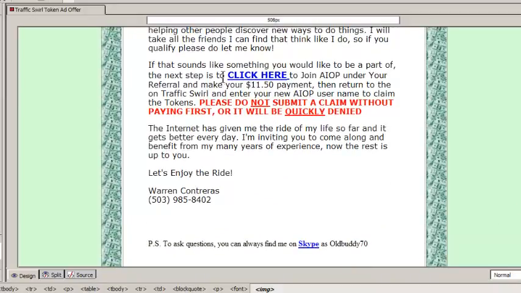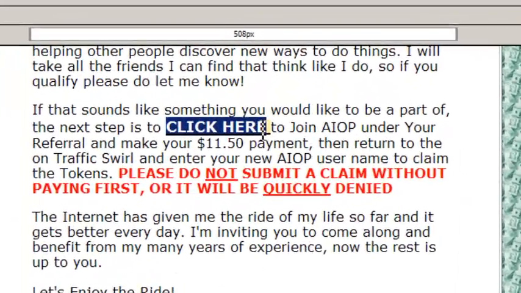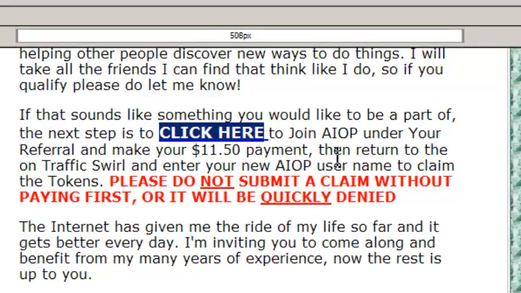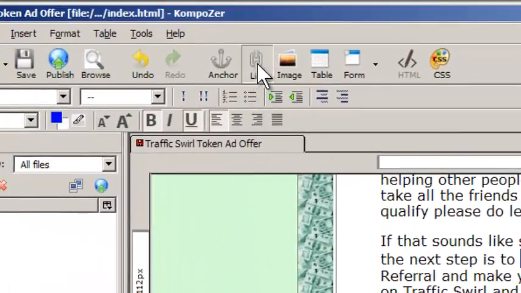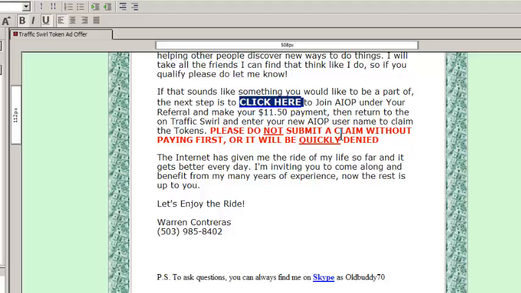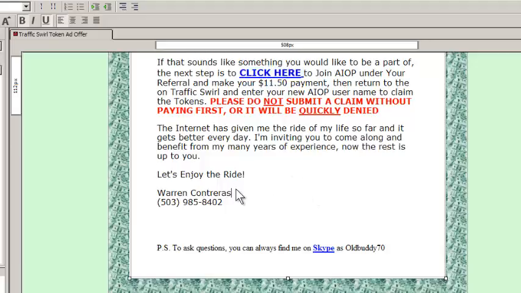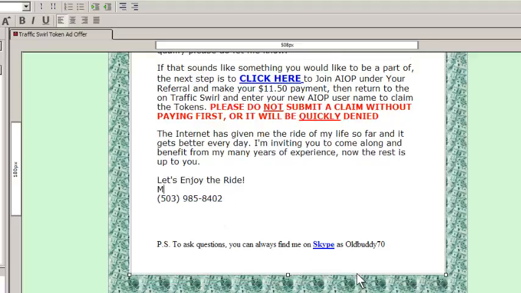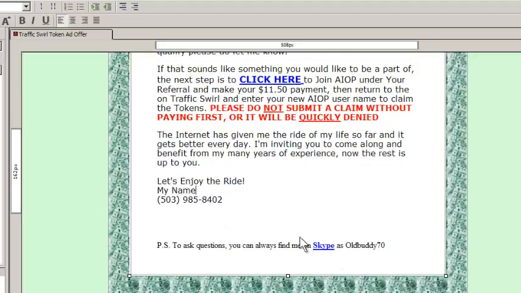Let's go down here. Here again, this is one that you're going to want to fix. So you just highlight that whole thing. Come up here to the link, and we're going to change this to whatever ID you want to give credit for the signups. So put my ID here, say OK. That's about it. You can change this name if you want to put your name in there, and your phone number. If you want to put your Skype ID in here. I love using Skype, so